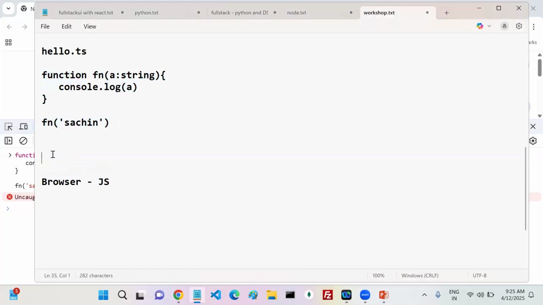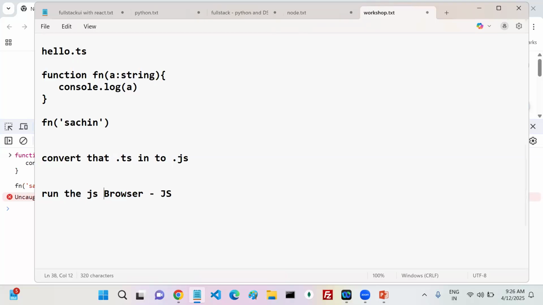So you have to convert that TS file into JS. Once you have the JS file in your hand, now you can run the JS file in the browser. Understood?